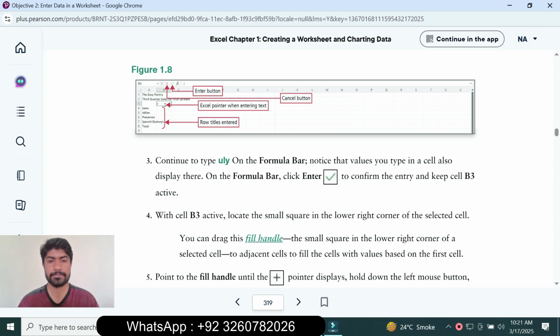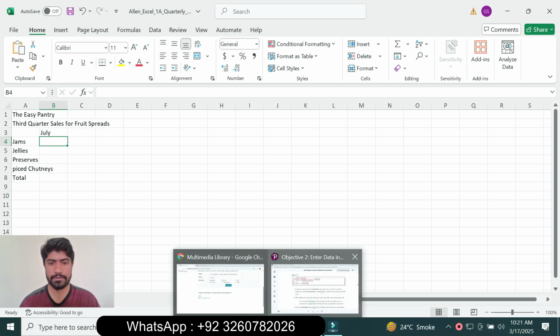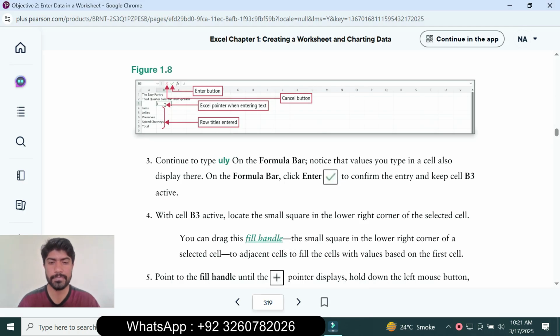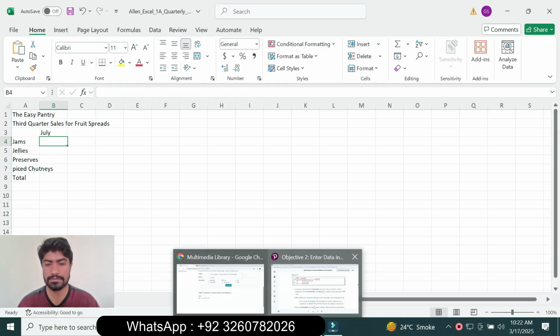So type July, and July, sorry, July. So type July also and display the formula bar, click Enter and keep cell B3 and press Enter. And next is